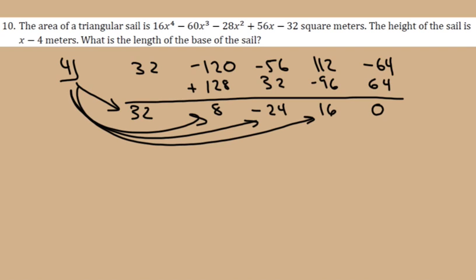So now, first off, there's no remainder, so that's good. Secondly, here's where I've got to work backwards. Remember, here's my constant, or my remainder, constant, x squared. So my answer is going to be 32x squared plus 8x minus 24